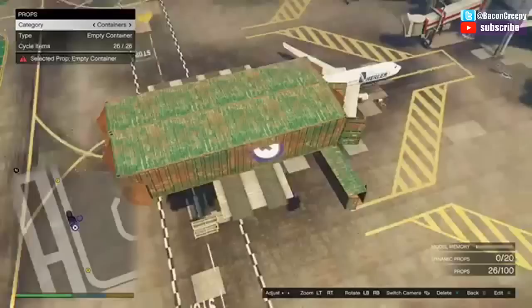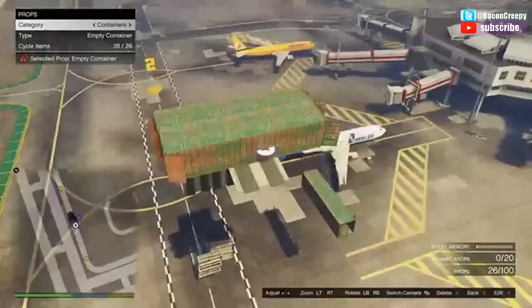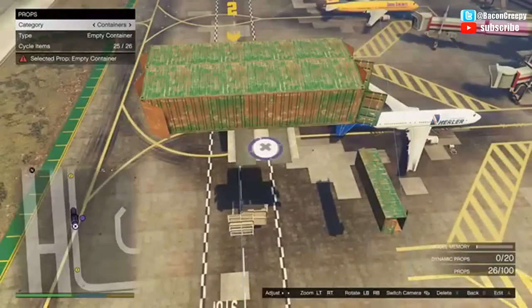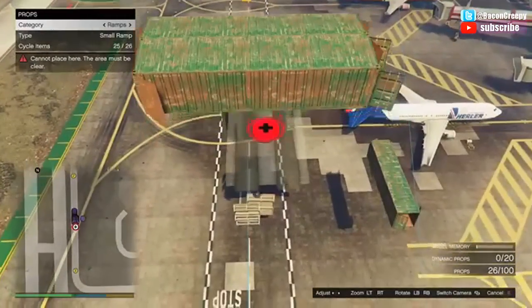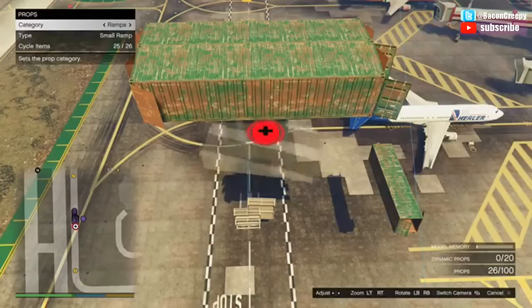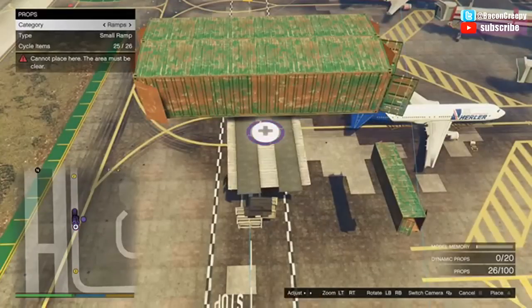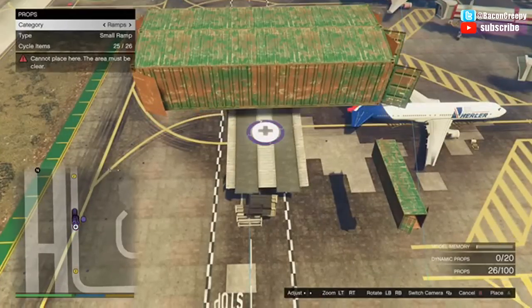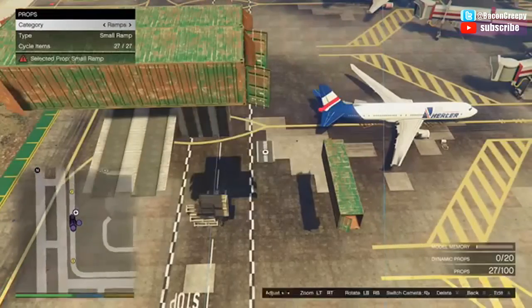When you do this, the most important part is to make sure that the ramp that you just laid down isn't overlapping the one underneath it. So what I mean by that is the second one must be a little bit higher on all of its lips than the one before to make sure your car doesn't just grind into it and stop. So we're going to repeat the same process moving on down, but we can't do the center like we did before because eventually you can't put the green containers on top of it. So when that happens, what you got to do is you got to move it over to the side